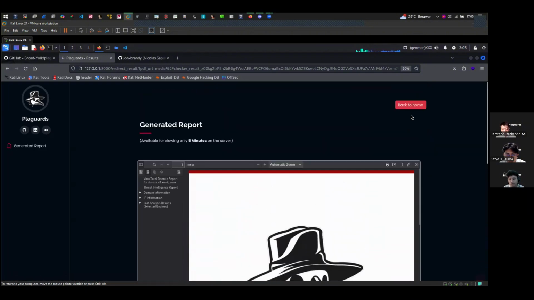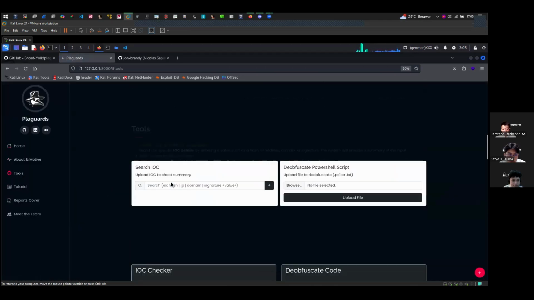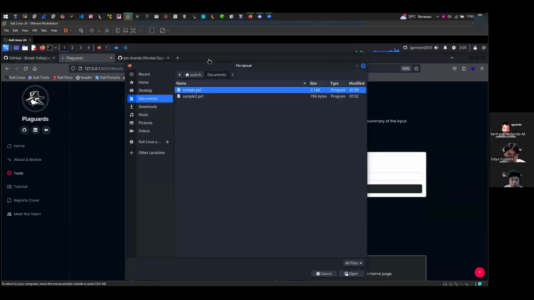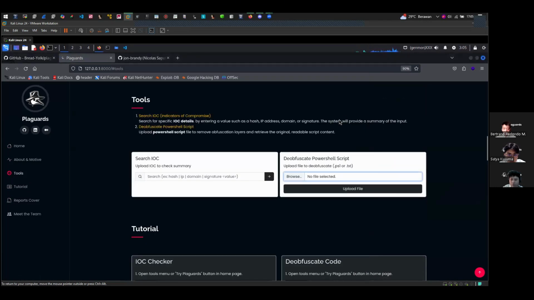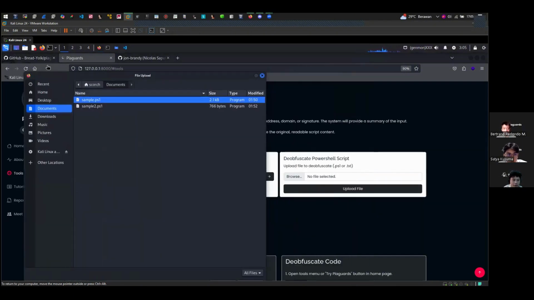Now, if you want to go back and use it again, you can click the back to home button and choose the tools, then browse for upload files. And as a reminder, the extensions we support are PS1 PowerShell or TXT files. For example, I will use the Emotet example.